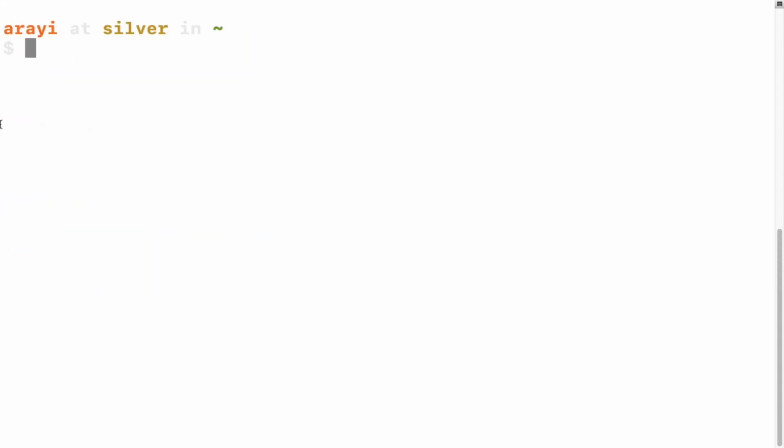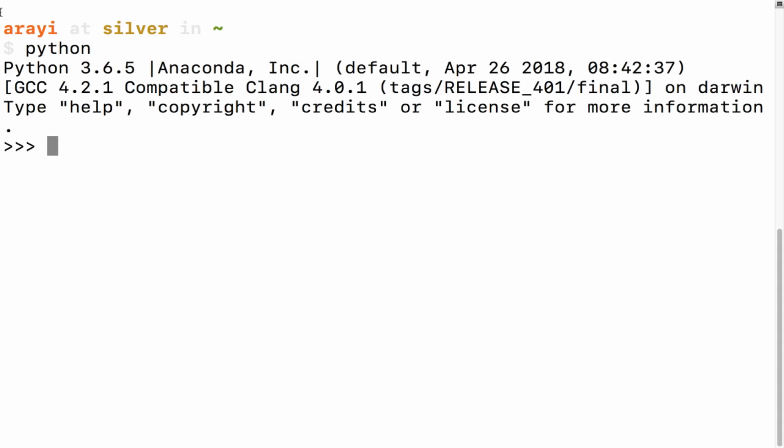So as you see here, I'm in terminal. I'm in bash at the moment, so I'm going to call Python. We have Python here. And what we're going to do is we're going to assign some variables, 40 equals x, and 20 equals y. And we're going to play with some of our if statements here. So if x is greater than y, print greater,